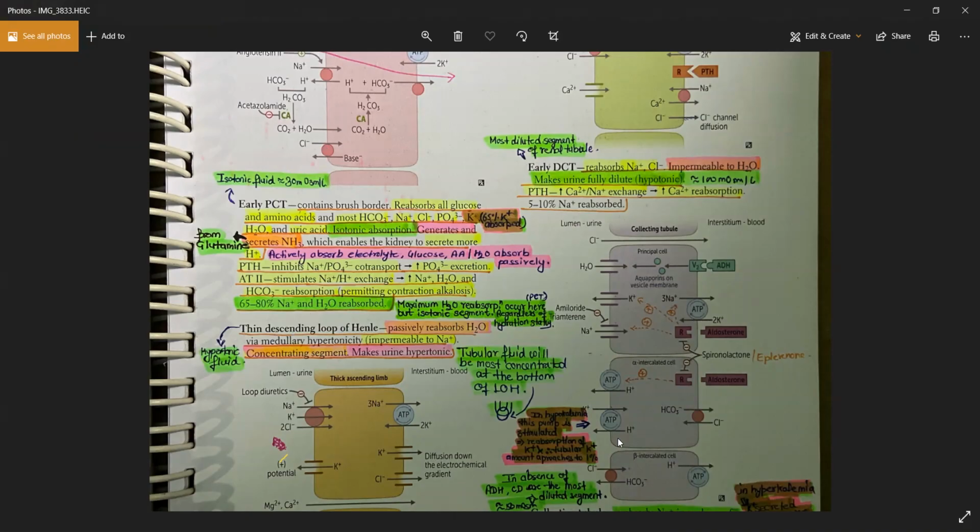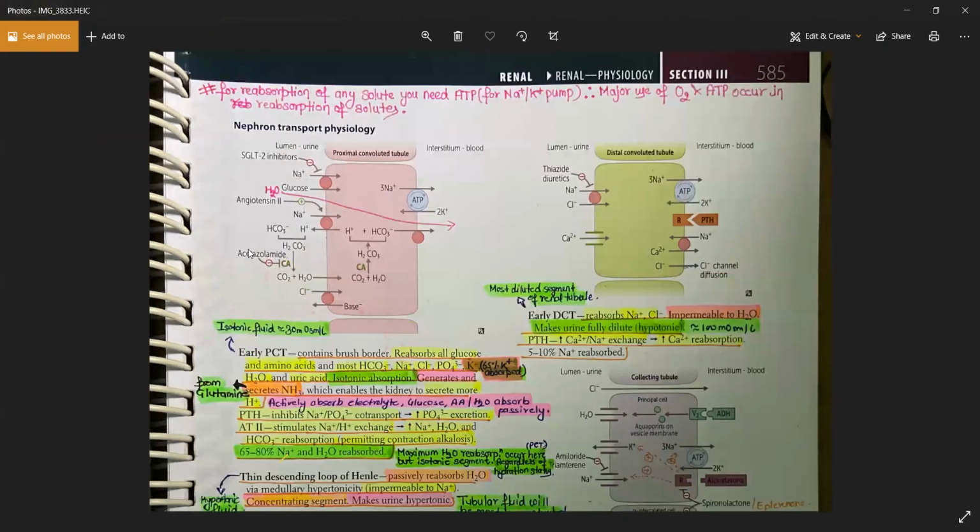Whenever you have more acid in the PCT, you don't want your PCT to get damaged, right? Because if there is an acid, it can damage your PCTs. You don't want that. In order to neutralize the acid, you need some base. It could be bicarbonate, one thing,